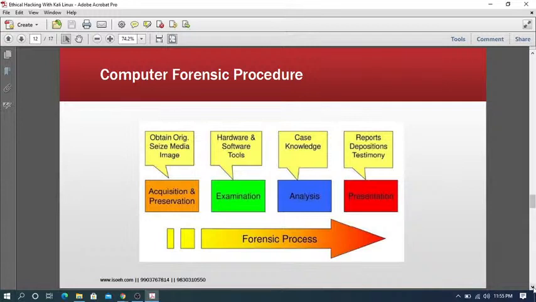We can use different algorithms to check the hash value, like MD5, or SHA-1, or SHA-128, or maybe SHA-256. It's basically a hash value which is used to check the data integrity. If the hash value of both the evidence and the image are the same, then both are exact copies,